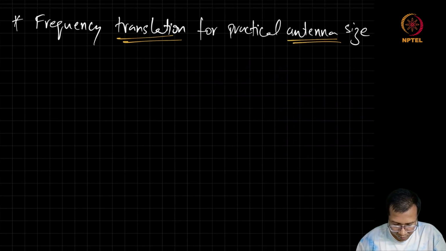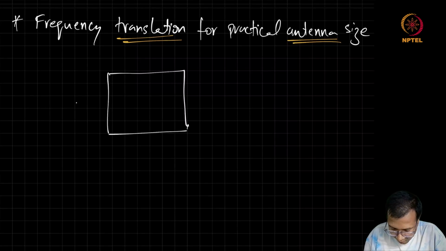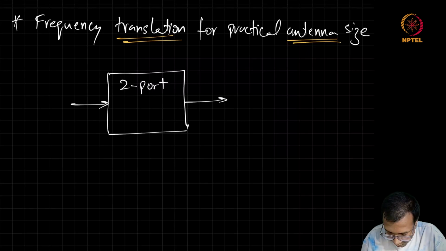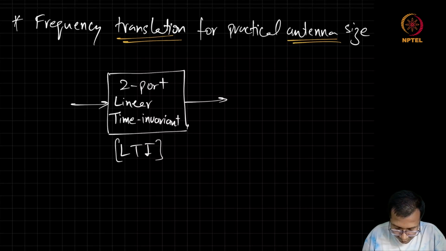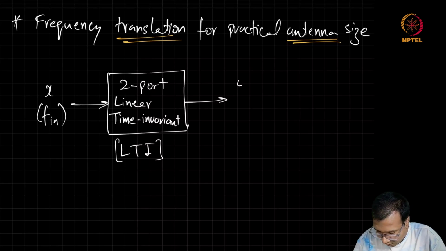Fine. So based on our experience, we already know if we choose a simple LTI network, let's say we have a 2-port linear and time invariant (LTI) network, then if we feed a signal X at some frequency F in and we observe the signal Y,